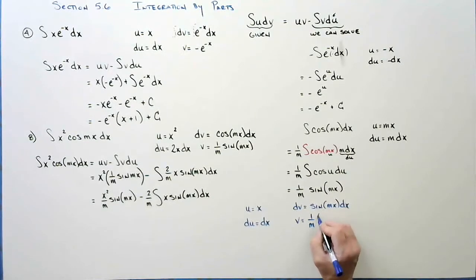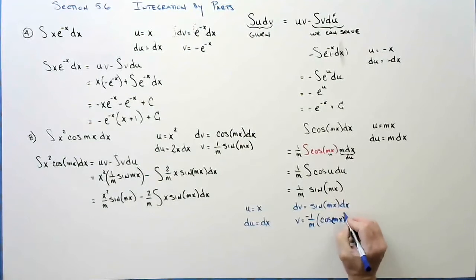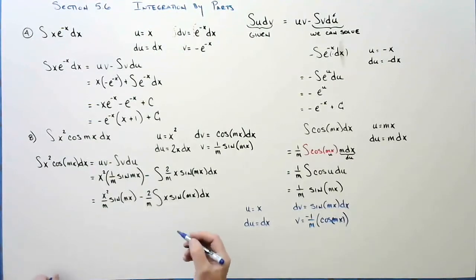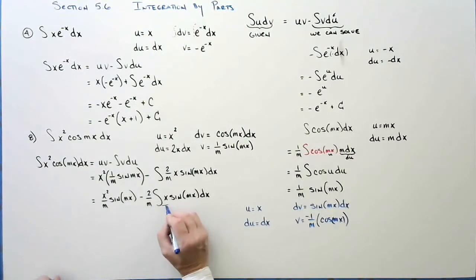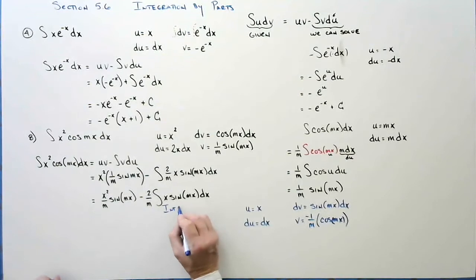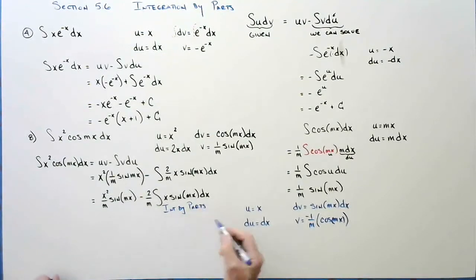The integral of sine is going to be negative cosine. So we're going to put a minus here. And we're going to get cosine mx. And now we're ready to finish our problem. We have to do a u sub, sorry, pardon me. We have to do an integration by parts right here. And we have it all set up right here. So if we complete that,